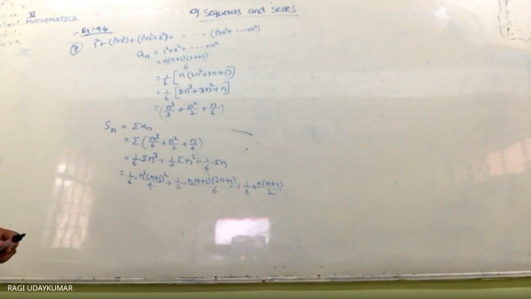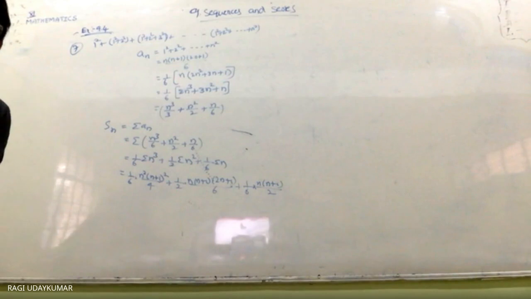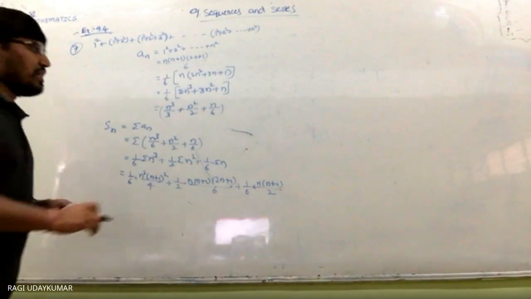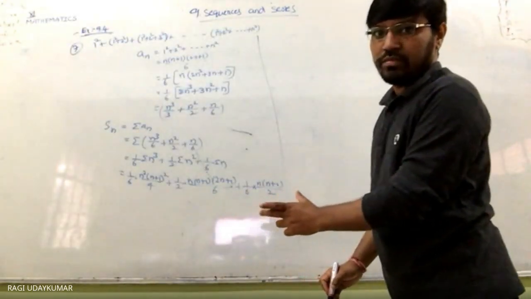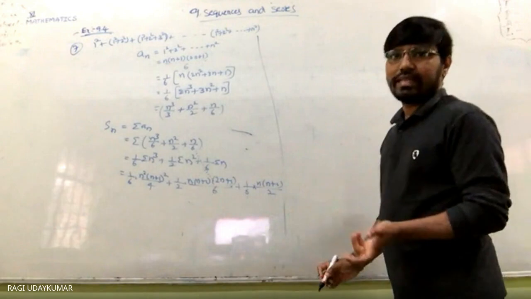Did you understand this? So be careful: from the 8th problem onwards, the nth term is already given to you. In the 8th, 9th, 10th problems the nth term is given and you are asked to find the sum of the n terms. Same model for all the problems. In the last, 10th problem, the nth term is given to you. The simplification part I am leaving to you because it is simple. No logic is there in that.